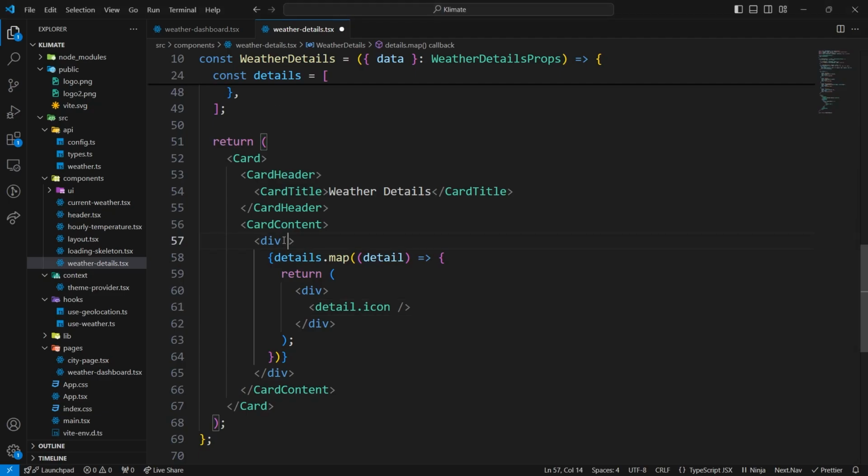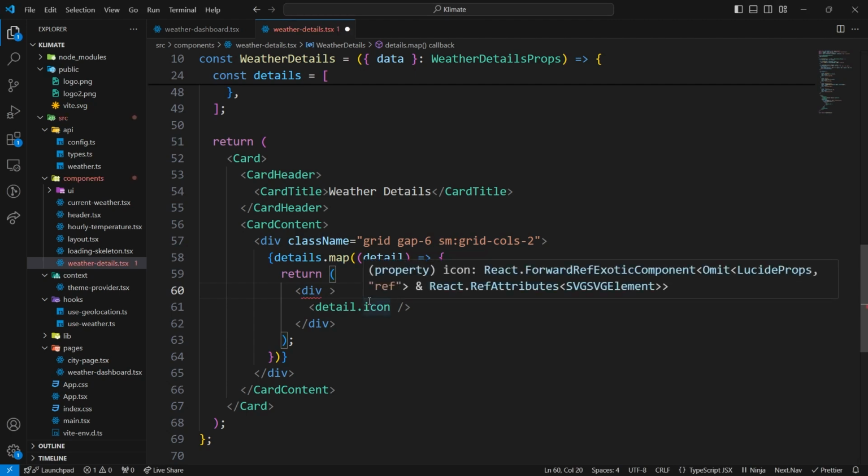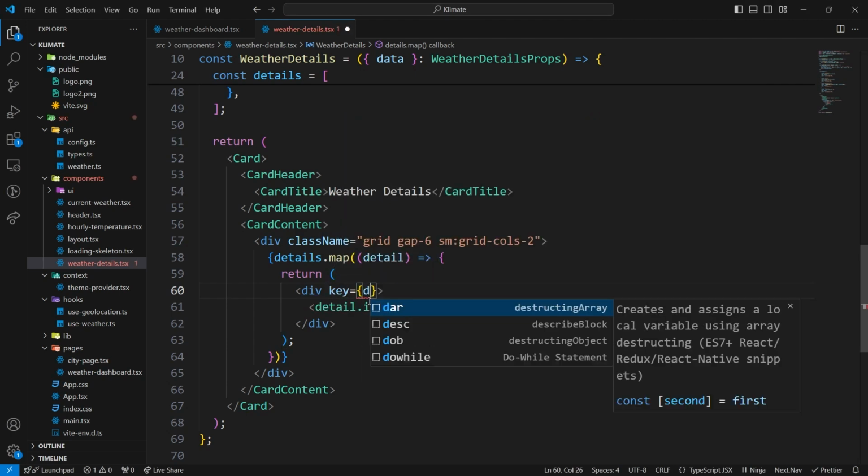Let's give this div some class name of grid, gap to be 6 between them, and in the smaller screens it will just be from top to bottom, but in screens bigger than smaller screens it will have 2 columns. So like this. Yep. Then over here for this div, first of all I'll have a key of detail